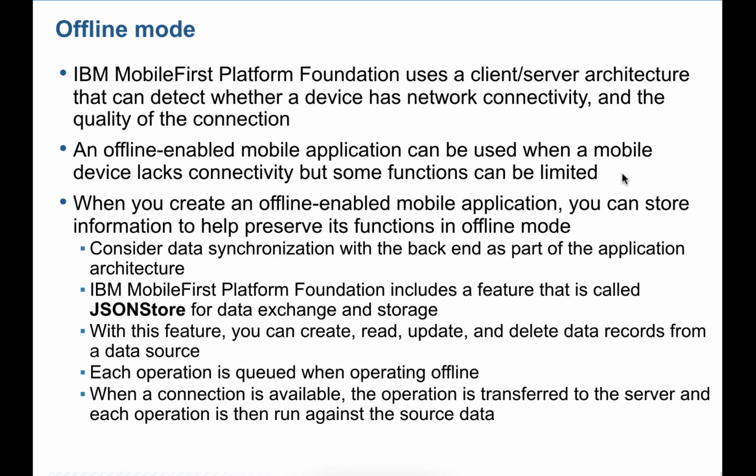source data. And in Mobile First, the data that is not yet synchronized with your server is called a dirty document. Dirty document means that the data is not yet synchronized with the server. So once internet connectivity comes, it will check for dirty documents. Once it finds a dirty document, that document will be synchronized with the server, and the data will be sent to the server. So these are the features of offline storage, JSON Store.